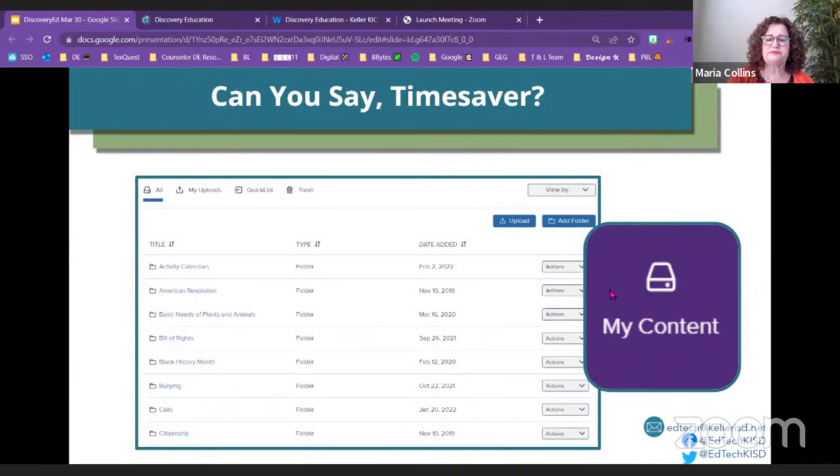All right, so I wanted to share that if you haven't used my content, it is a great way to save time. And this has actually been around quite a while because I've been out of the classroom 9 years, and I actually started organizing my things in folders. But just like you can create folders in your Google Drive, you can create folders within Discovery Ed so that year after year, you're not starting from scratch. You can actually save the resources that you have. And so then, you might just look for new resources.